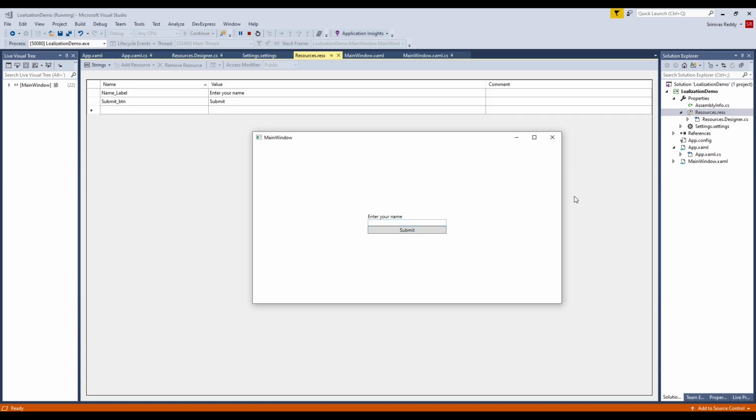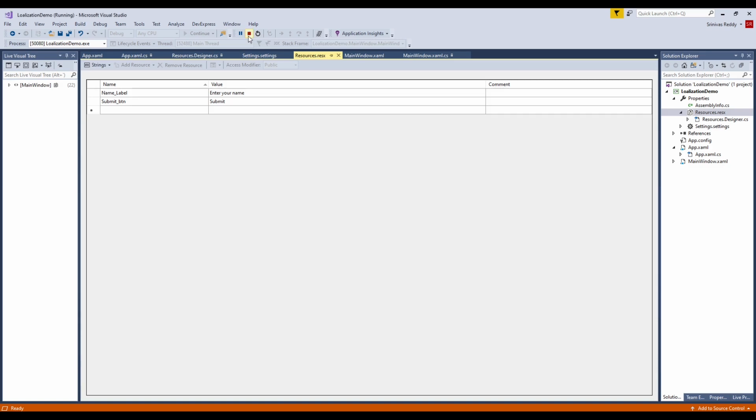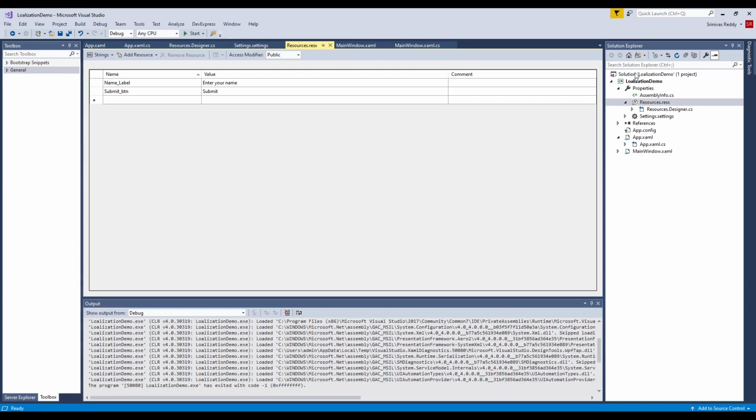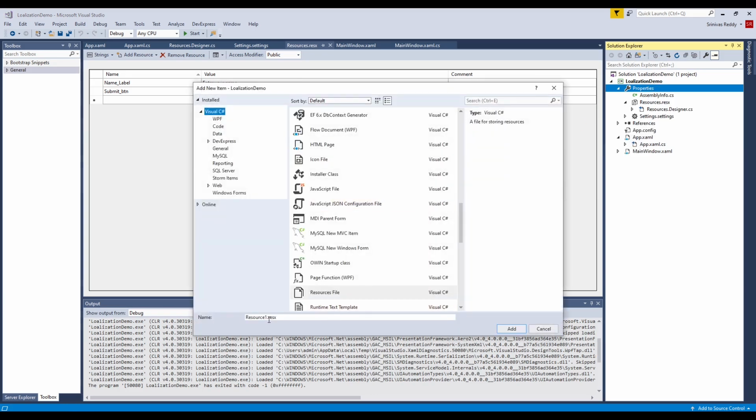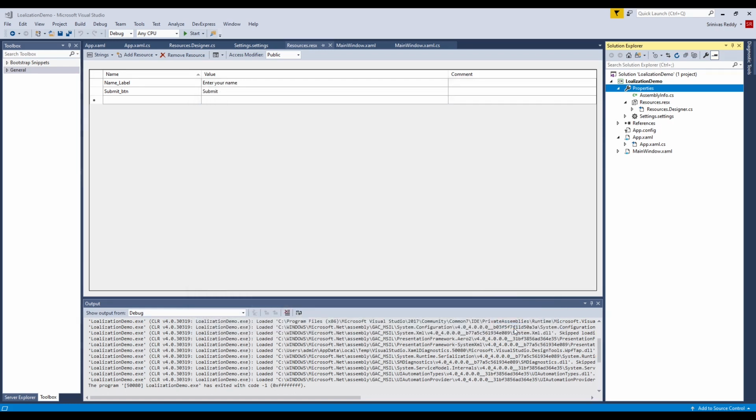Now let's add one more resource file for the Spanish language. For that purpose, on Properties you can right click and then Add New Item. You can keep the name as Resources.es-ES, and click Add.